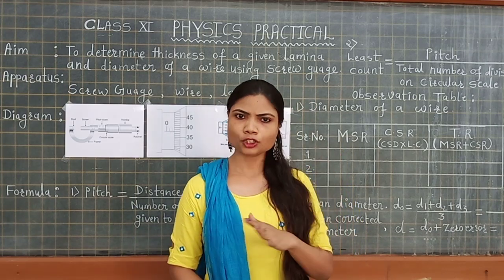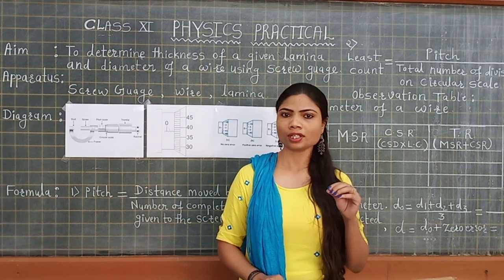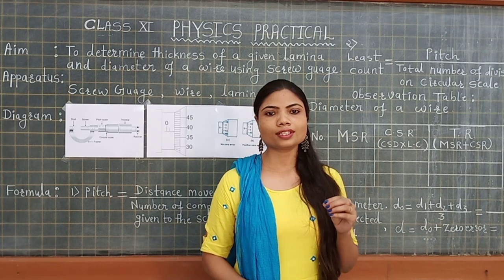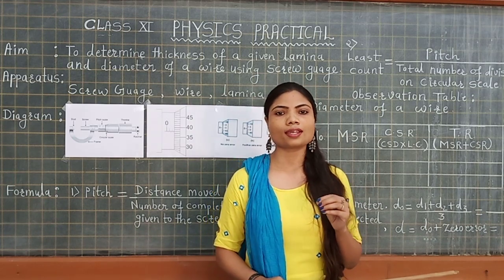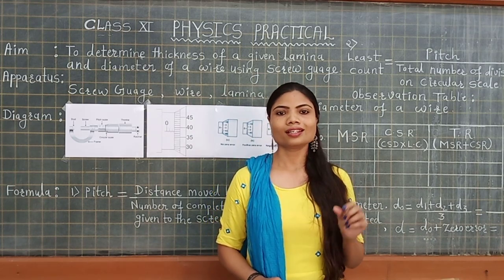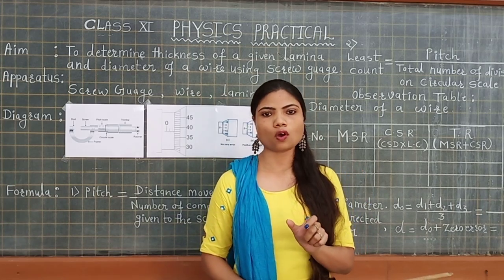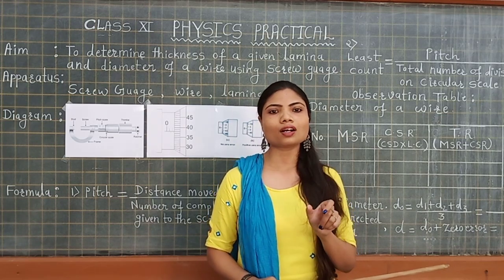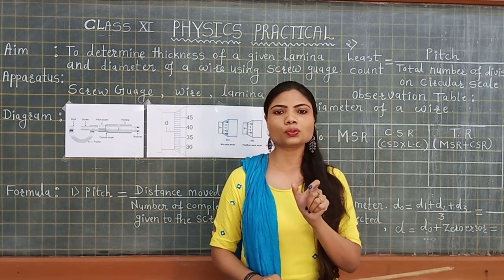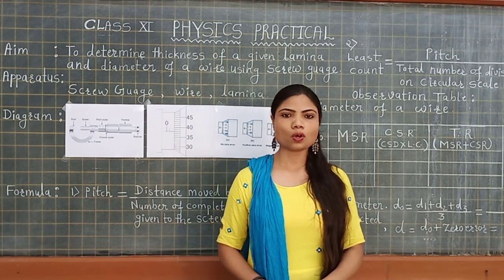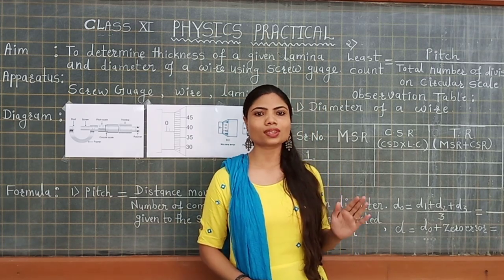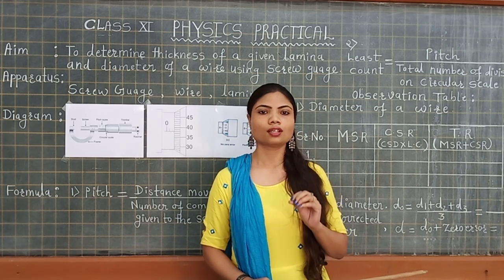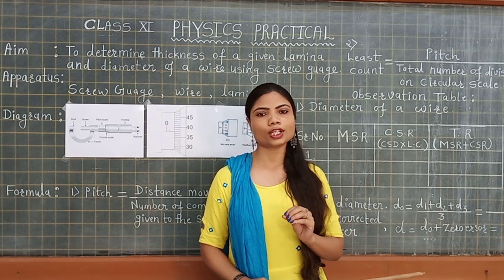It is actually based on the principle of the micrometer screw, where we are going to calculate the diameter in the range of 10 to the power minus 6 meter. It works on the principle that as you rotate the screw, it covers the distance between two successive threads. Okay, so now that we have understood the principle, we are going to see the diagram clearly to understand how it works.